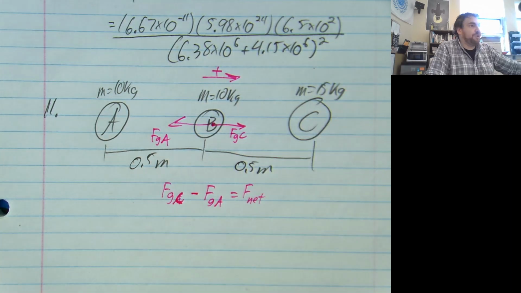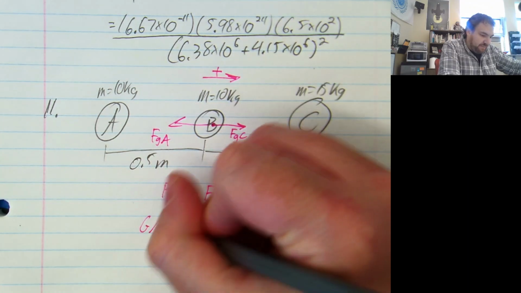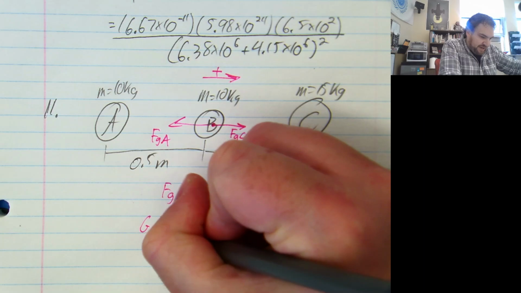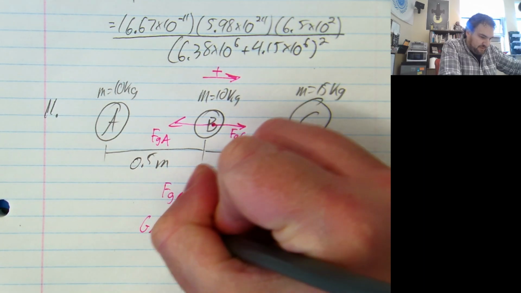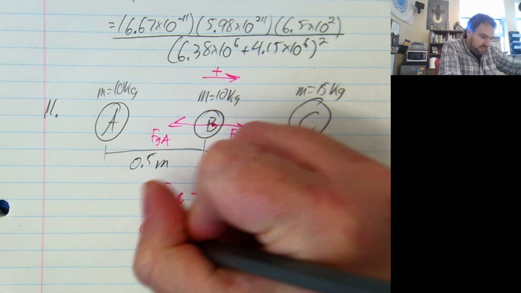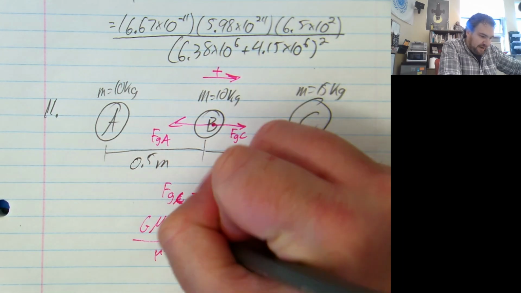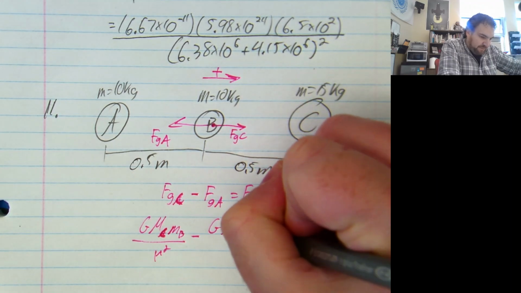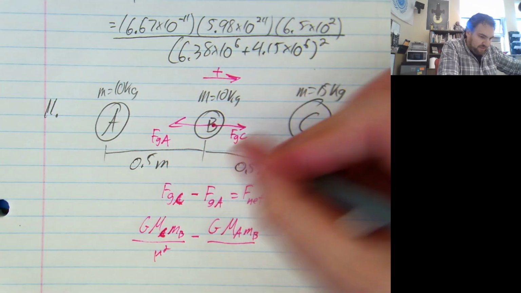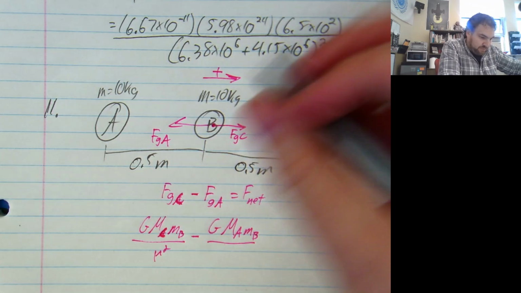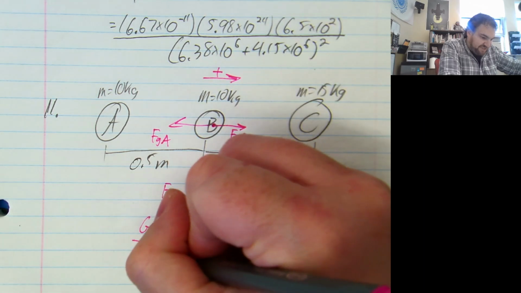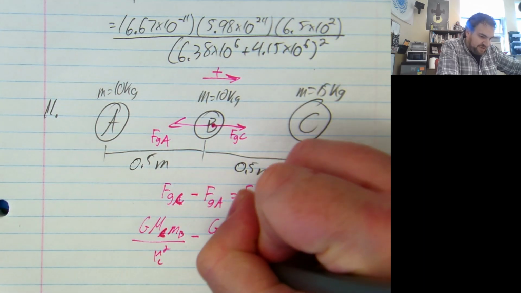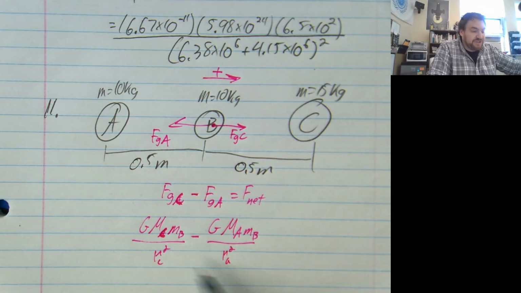If it wants the net force, that's just the sum of the forces in the direction of motion. So that's just going to be G MC MB over R squared minus big G MA MB. I'll label these differently, over RC squared and RA squared. And at this point, we're just plugging in